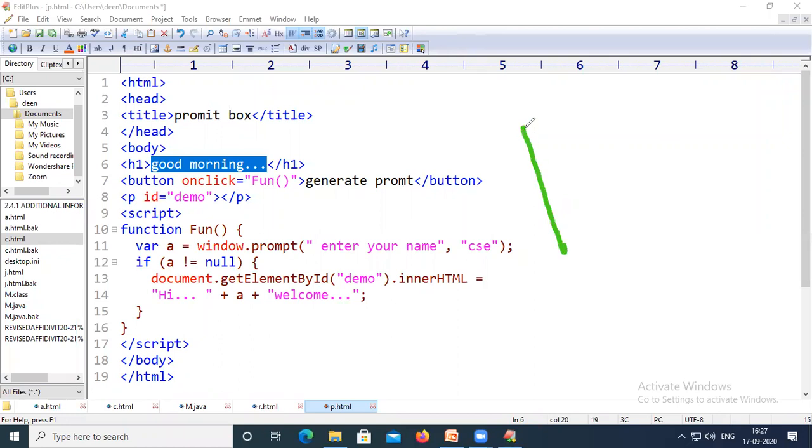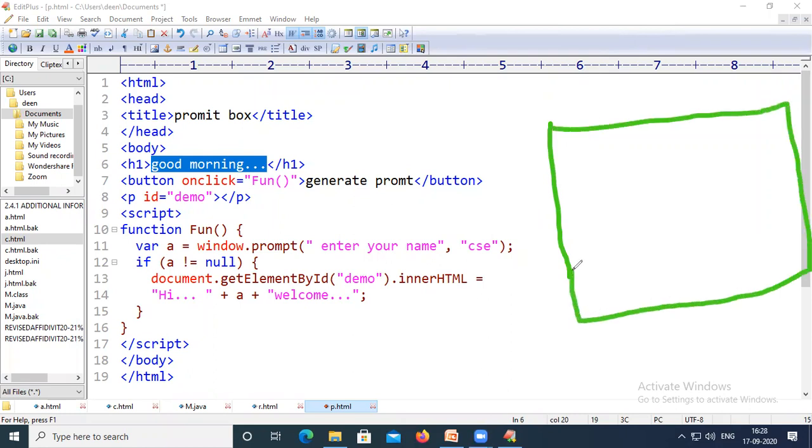Let us assume this is the output window, and this is the title bar, which contains the minimize button, maximize button, and closing button.